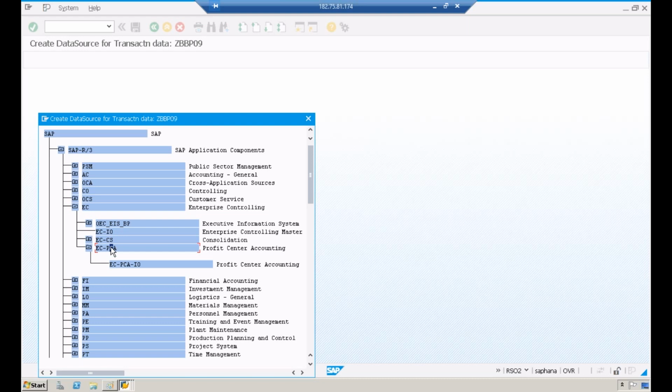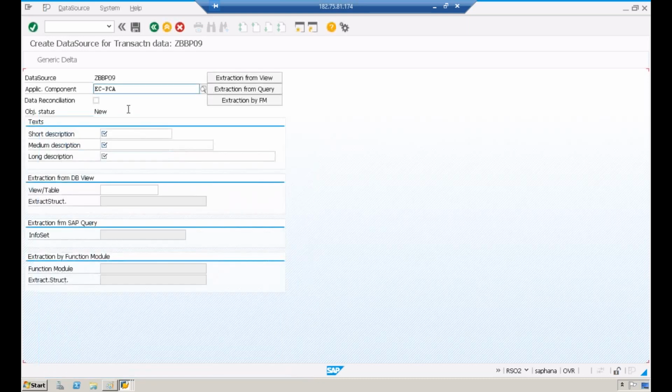So let us double click on this. Now let us give the short description, medium description, long description, and then let us give the table name. So let us give the table name BBAK. Means any table, you can take any table. Now these are standard tables. If you have any custom tables, we can also provide those custom tables. For now, I'm just taking standard tables